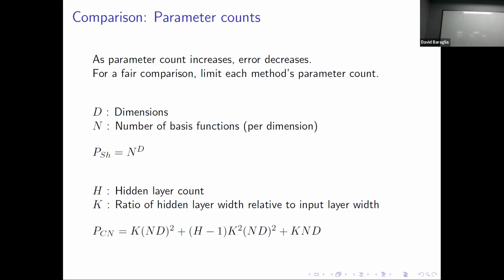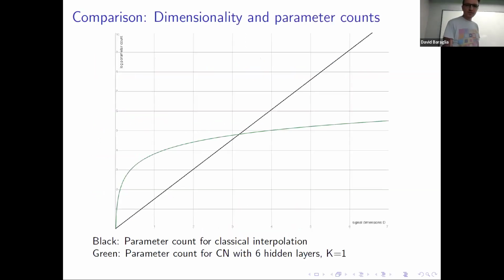But something to note here is how do each of these depend on the number of dimensions? So P for Shannon is exponential in the number of dimensions. And for a coordinate network, it's only quadratic in the number of dimensions. So if we graph that,